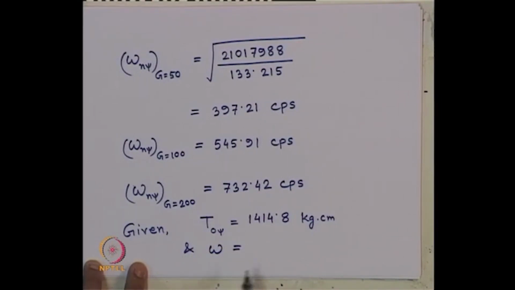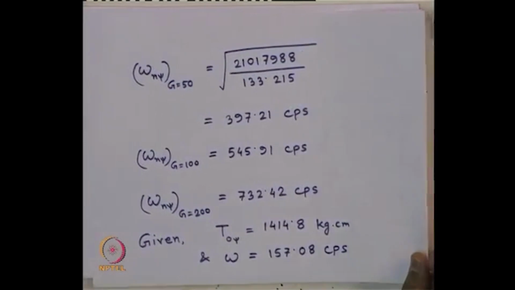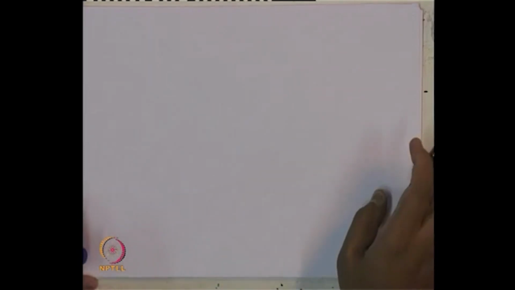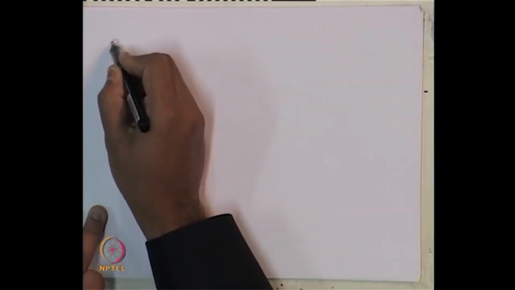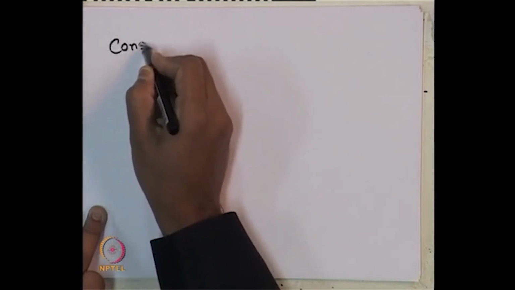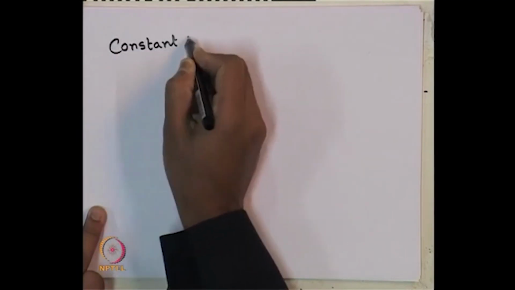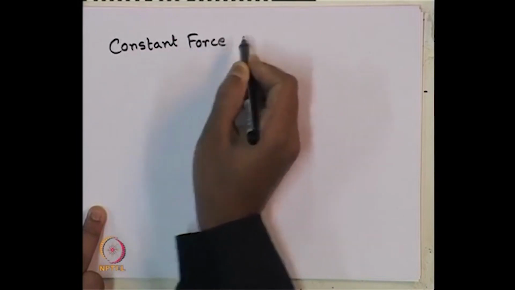Omega, we have calculated in the previous problem also, it will remain same for 1500 RPM, it is 157.08 CPS, right. Now, let us do the calculation for both constant force type and rotating mass type. So, for constant force type excitation,